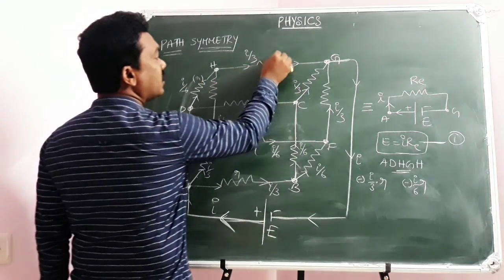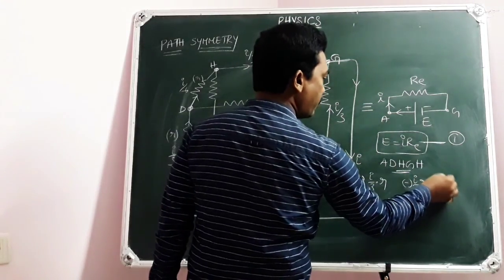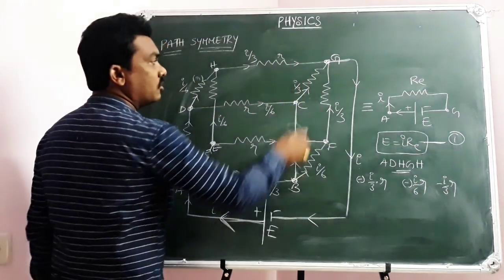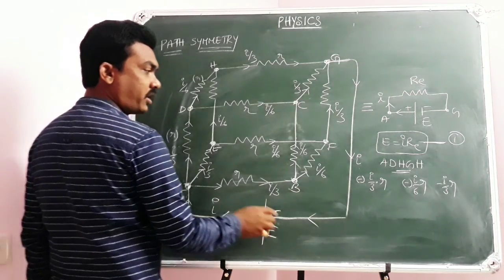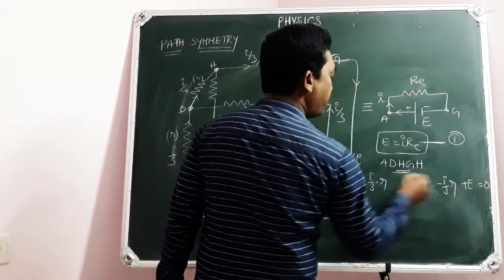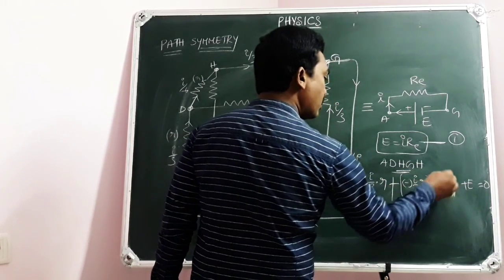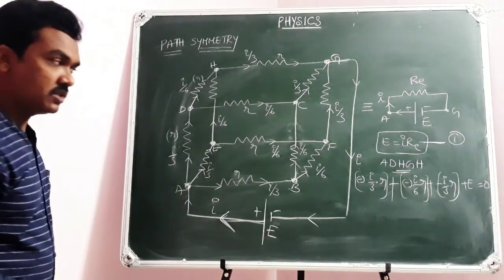Again here I by 3 current through the resistor R, HG. Again potential drop because in the direction of current there will be potential drop, I by 3 into R. Now G to A, there is minus to plus, potential rise. So plus E. Algebraic sum of all these terms will be 0. Algebraic sum of all the potential differences in a closed loop is 0.